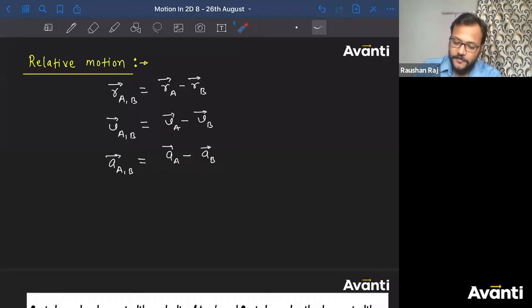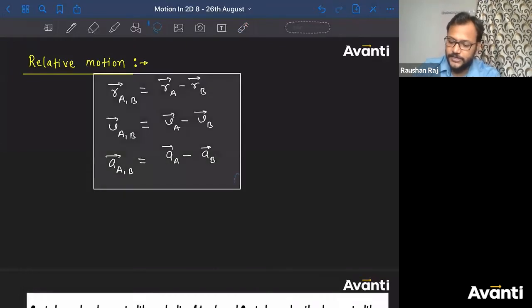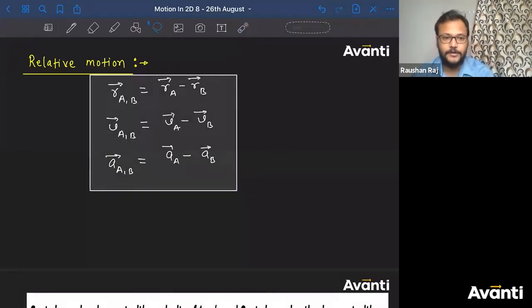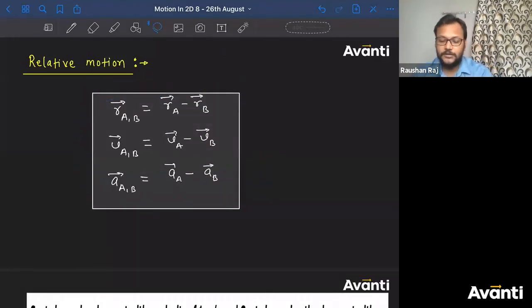So these three formulas you need to remember every time you are going to solve a numerical based on relative motion. All right, guys, I'm expecting that you have understood this. You have remembered this part. If you don't remember this, you cannot solve any question related to relative motion. All right, चलिए. So this is what you have to understand in relative motion. Let us try to understand these things while solving some numericals. ठीक है? शुरू करते हैं.